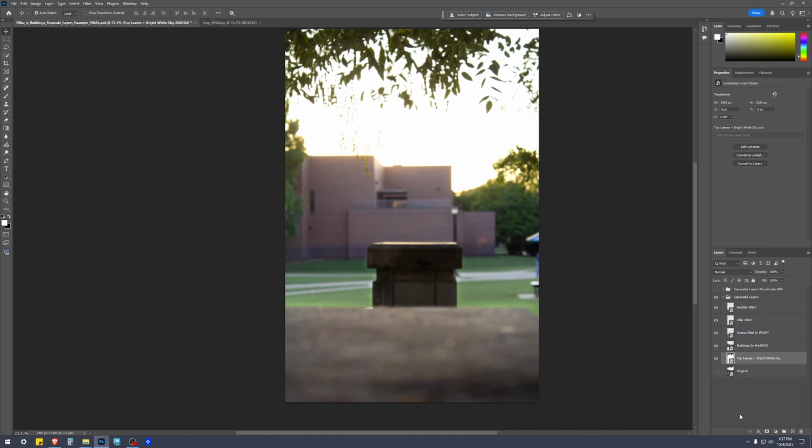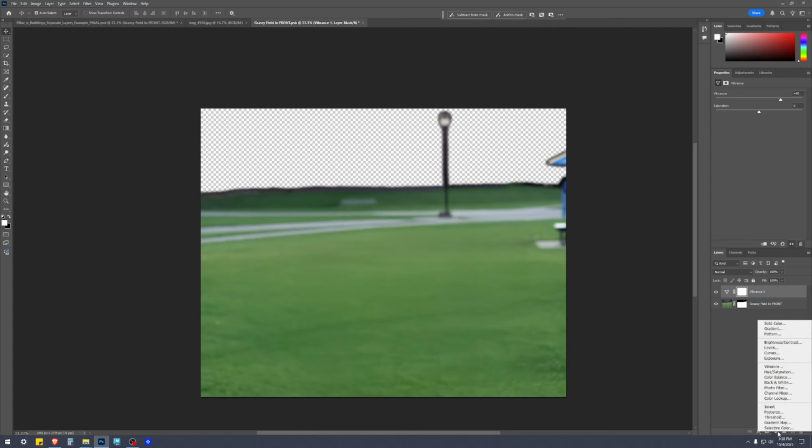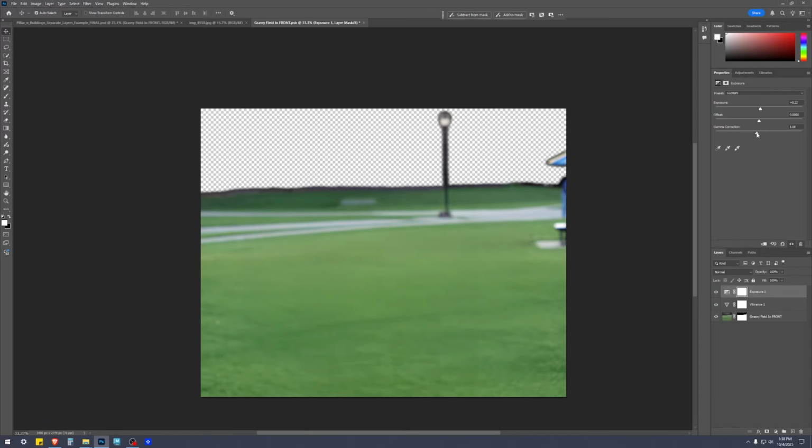I'm gonna go about showing how to do all of that. As you can see, hopefully you can tell that it's very dynamic, where all sorts of subtle little changes could be done to it. For example, grassy field in the front, I didn't make any changes to that. I could go in, add vibrance, plus 50. See how strong the green is? Go in, add exposure, pump it up, plus 22, gamma correction, pump that up, 1.08,